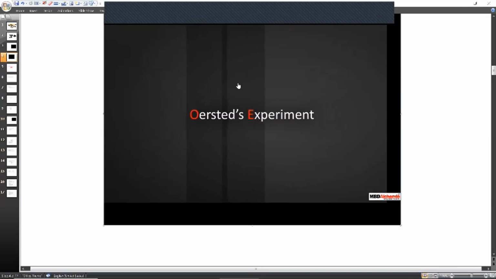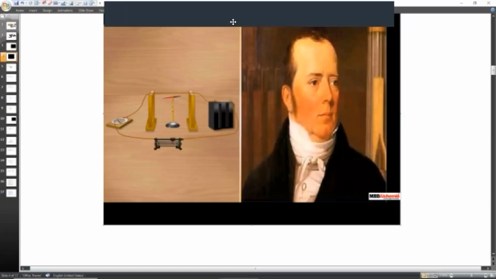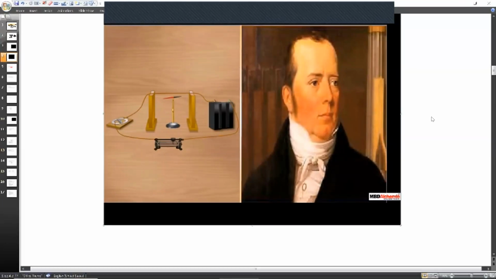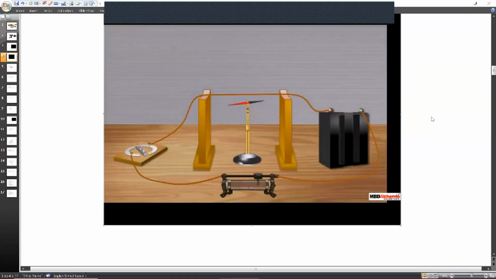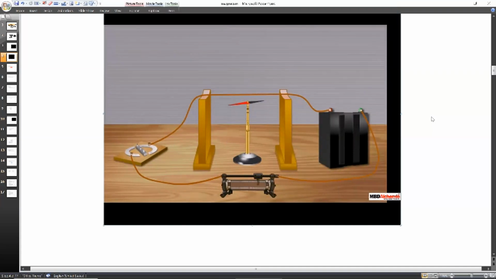Oersted's experiment. In 1820, Hans Christian Oersted performed a simple experiment and discovered the magnetic effect of electric current. The experimental setup, similar to Oersted's experiment, which led to the discovery of the magnetic effect of electric current, is